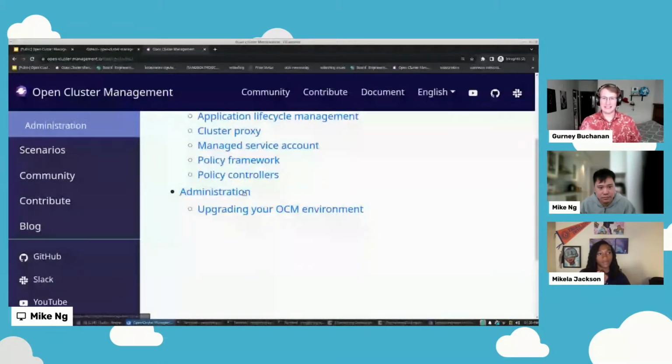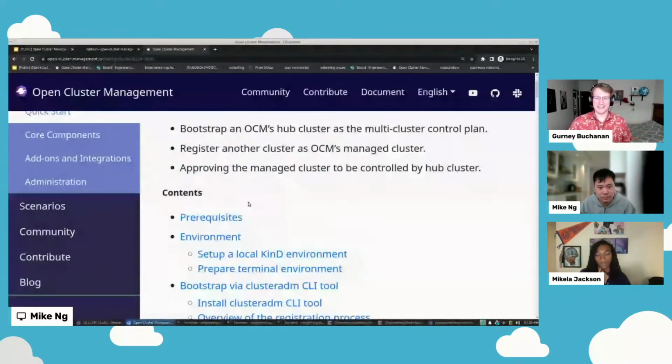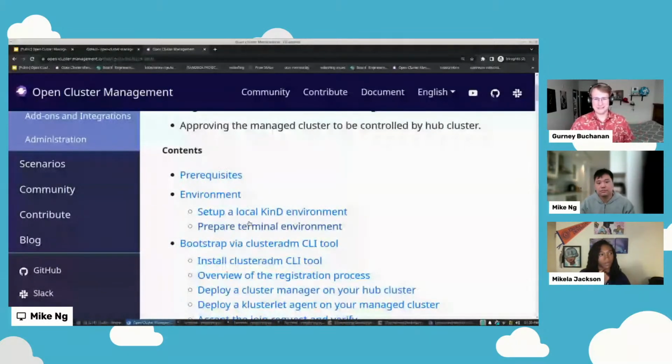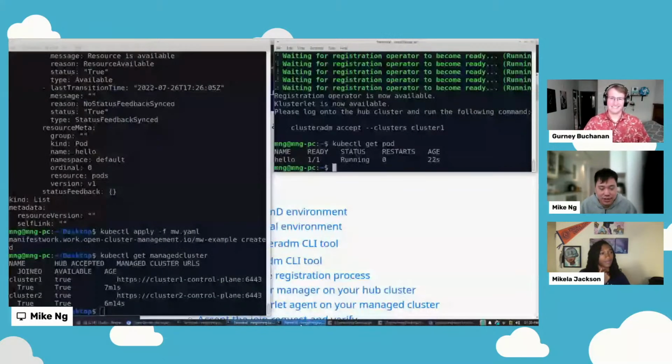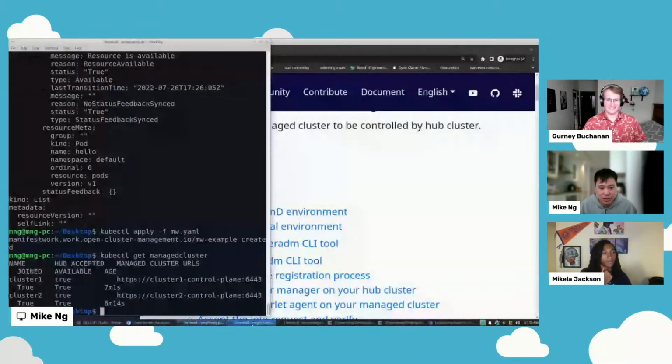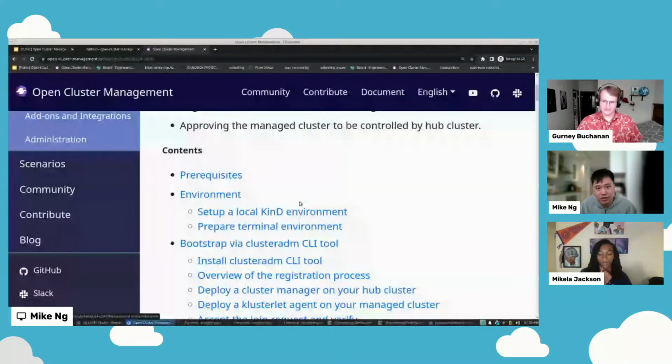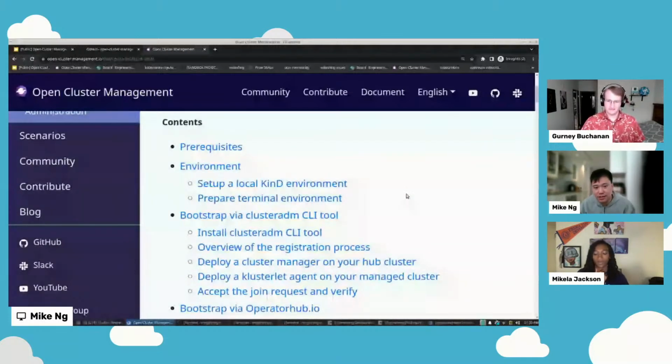So Kind and Cluster ADM can get you basically what Mike's doing for the demo today, right? Exactly. All three of my clusters were freshly created today, Kind clusters. In our instructions, they have steps about setting up a local Kind environment to do the initial bootstrap and testing as well. Awesome.